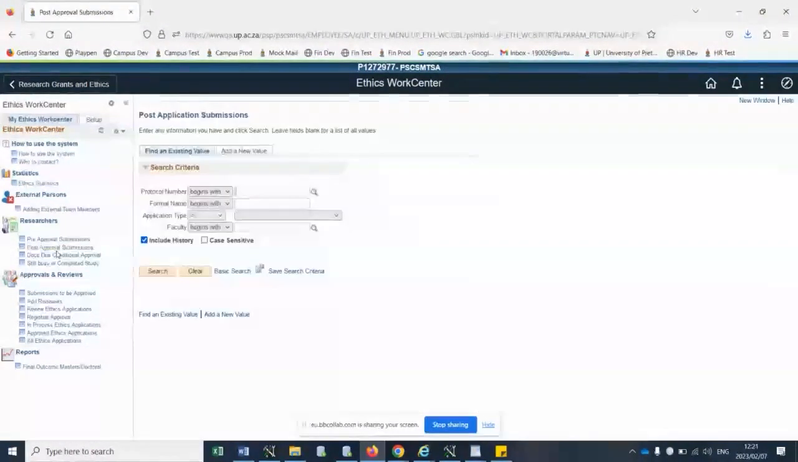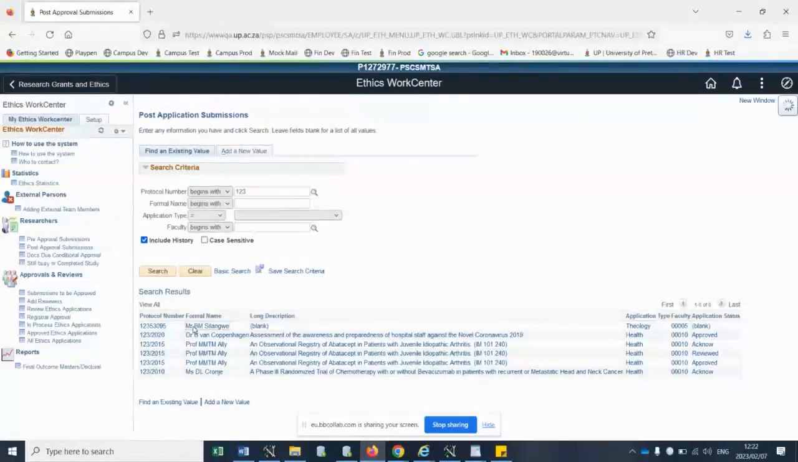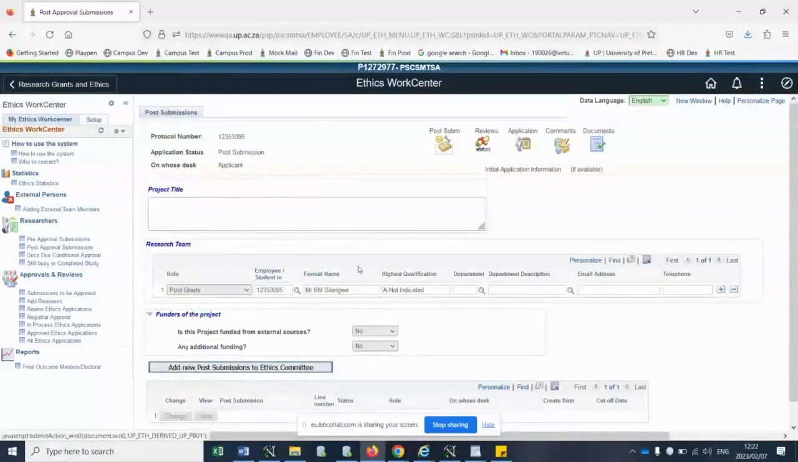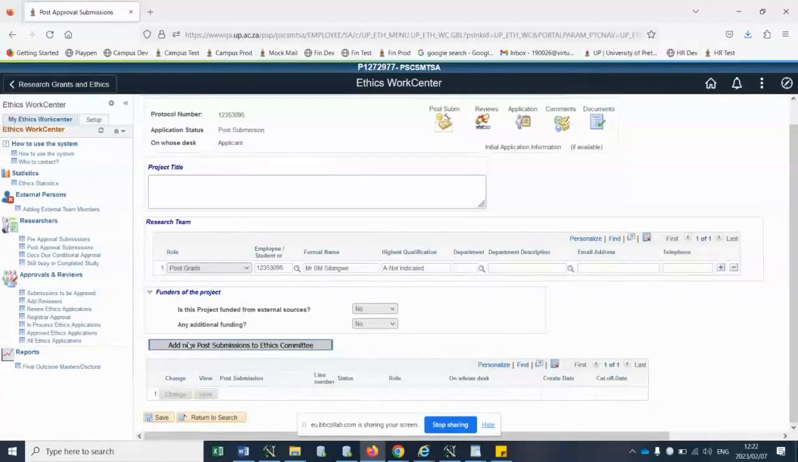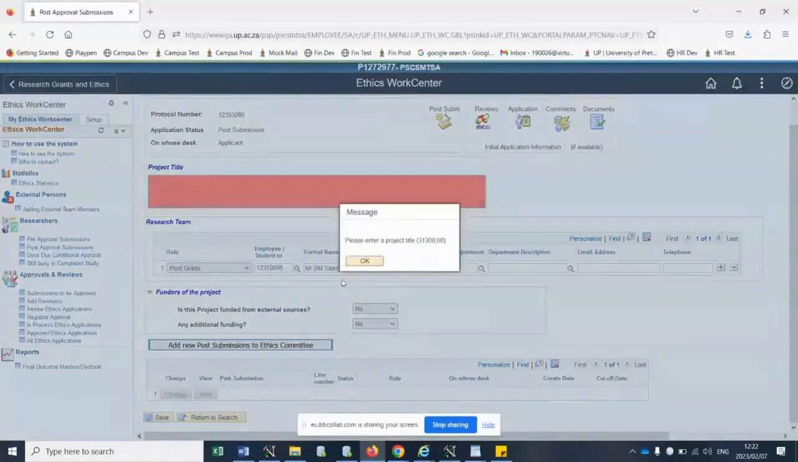This is the initial application. After you receive your approval letter, if something changed and you want to do amendments, you will go to post-approval submission. You will add your application number. And at the bottom, you will see there's an add new post submission to ethics committee. So if you click on that,